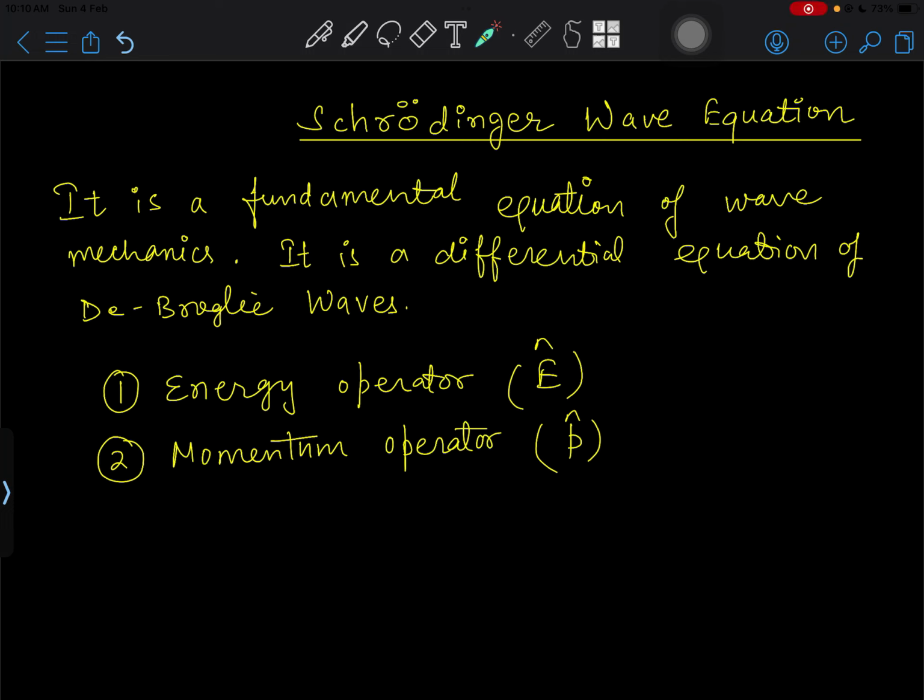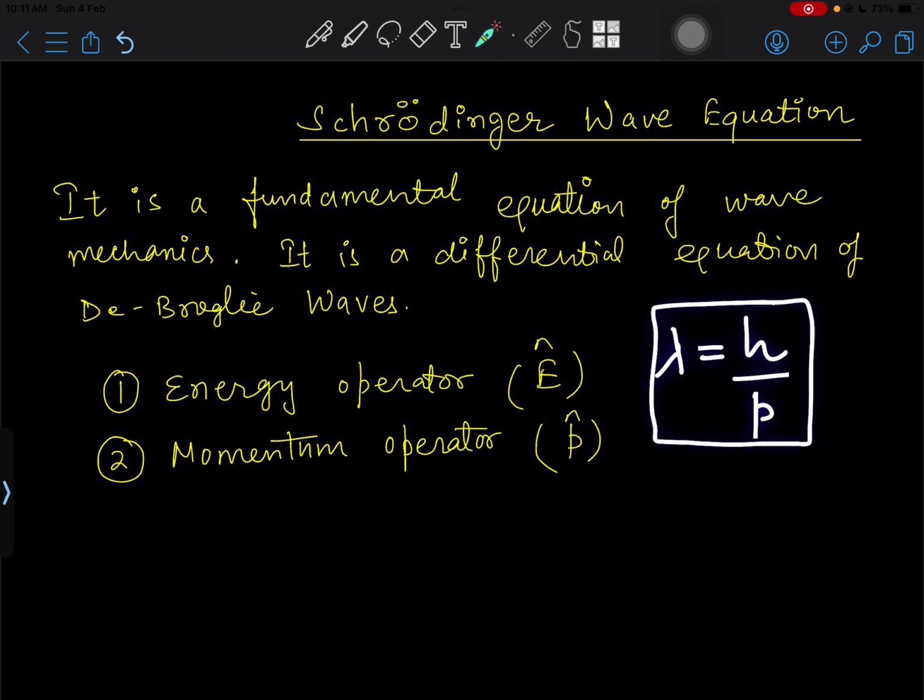In this particular video, I will explain the Schrodinger wave equation, which is the fundamental equation of wave mechanics. Basically, the Schrodinger wave equation is the differential equation of de Broglie waves. In the previous videos, we have discussed that the de Broglie wavelength is denoted as lambda is equal to h upon p, where h is the Planck's constant and p is the linear momentum, and lambda is the de Broglie